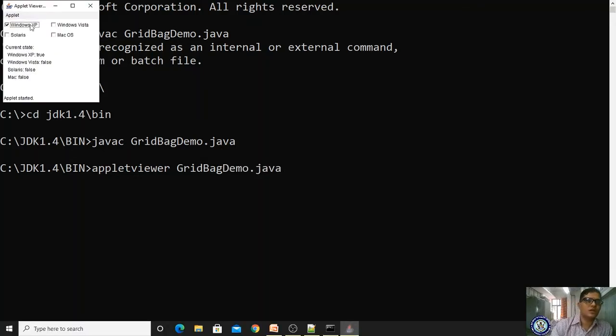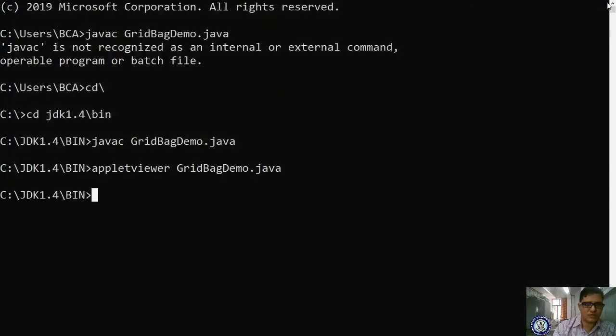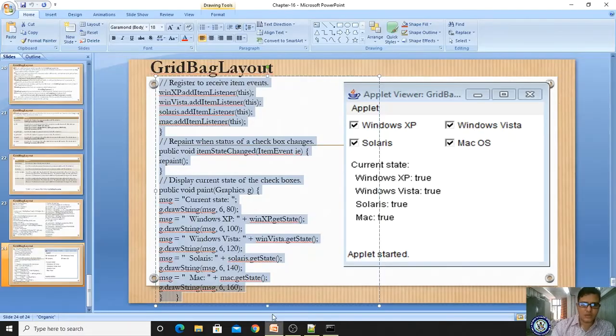Whenever we run, it is automatically set according to our relative values, right? These are the relative values. If you maximize that, and whenever I am clicking this, these options are executing. So these are arranged according to your relative spaces within the component, and whatever the insets you specified. Okay, it is 4 means it will start here. Got it? Yes, likewise it will be evaluated. Clear? Yes sir.